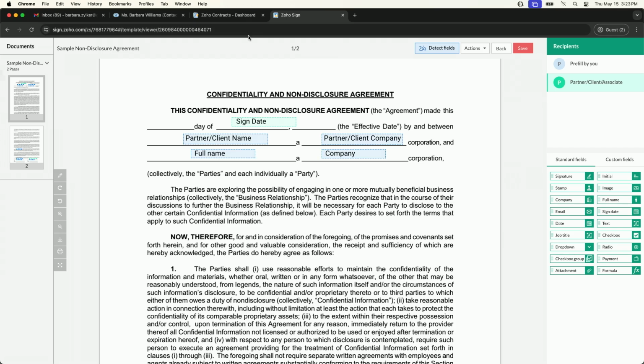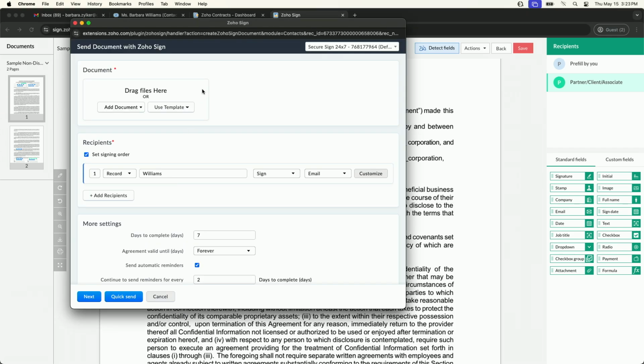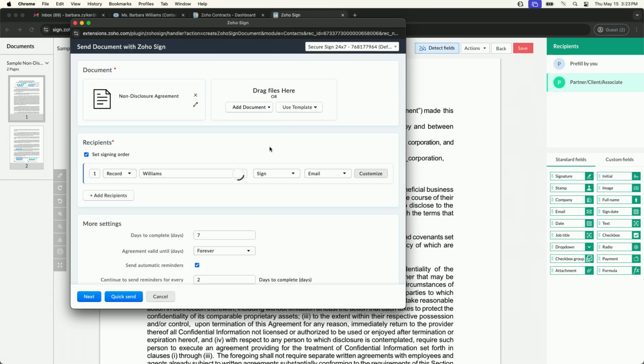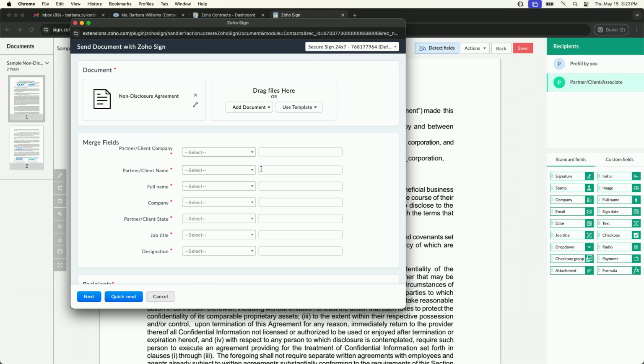So if I now go back to this and I select this template in this dropdown, it's going to automatically pull up the template, and it's going to show me all the pre-fill fields, and all the CRM data that I'm supposed to map with it. Now, you can see that